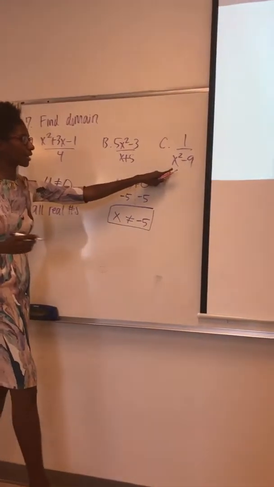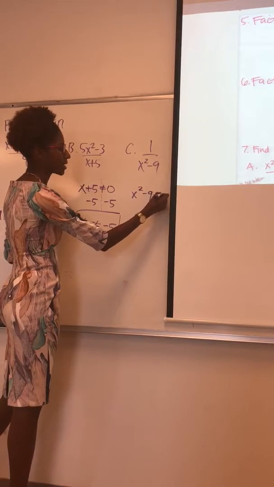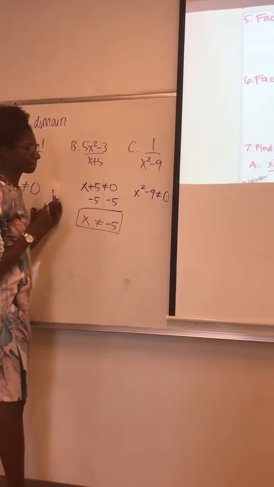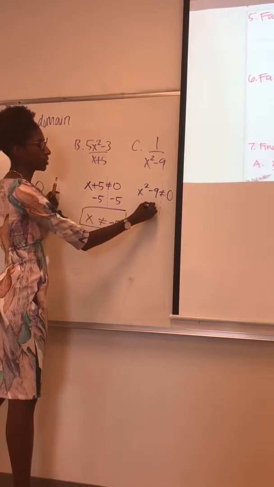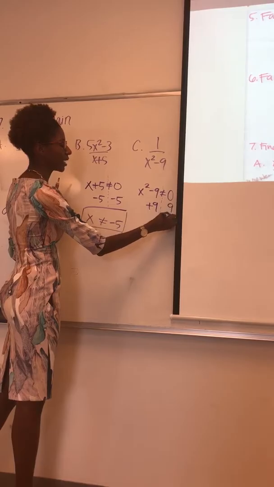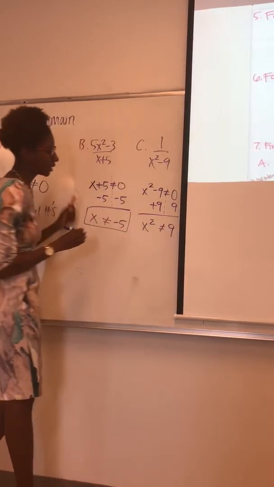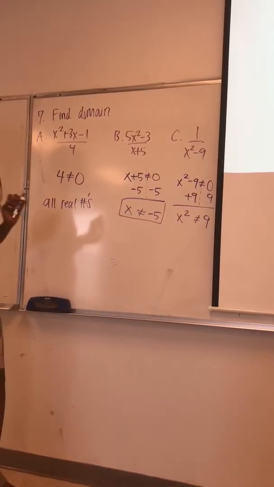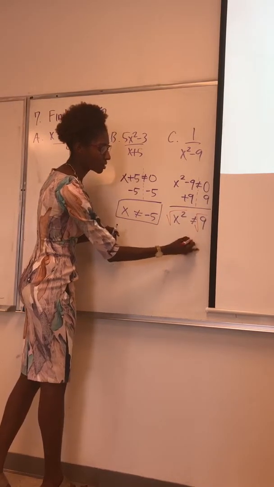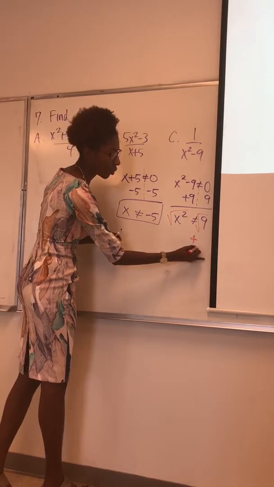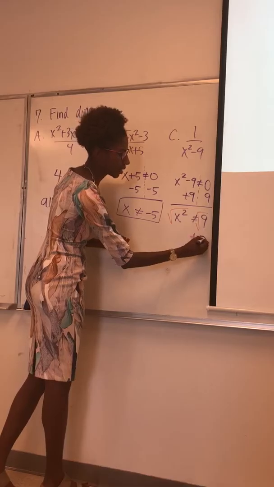Over here, same thing. We have our x squared minus 9 does not equal 0. We're going on the opposite side of the equal sign, so we're going to have to add 9 to both sides. And we get x squared does not equal 9. And one of the big things to remember here is whenever you take the square root of a number, you always get a plus or minus, okay? So the square root of 9 is going to be plus or minus